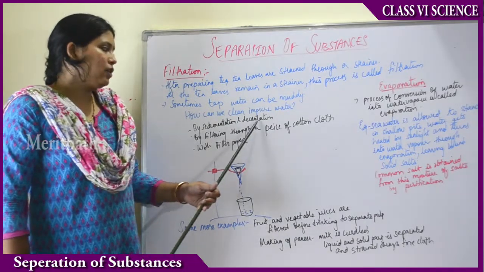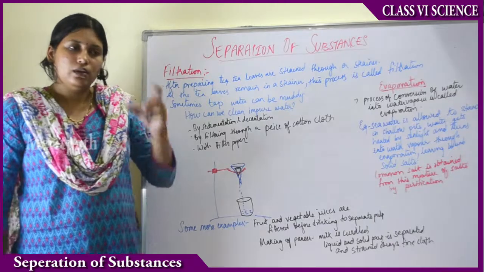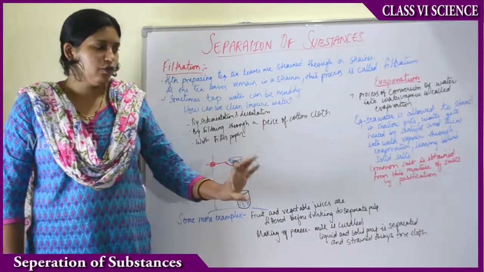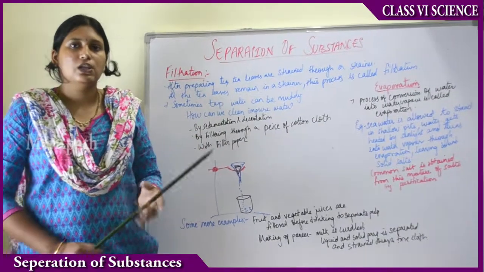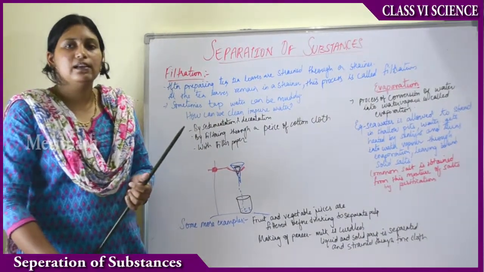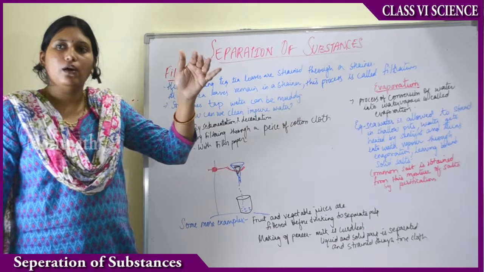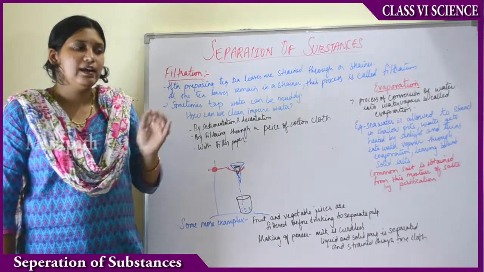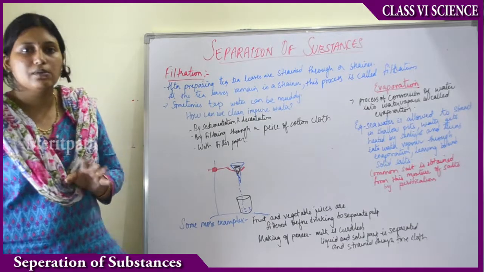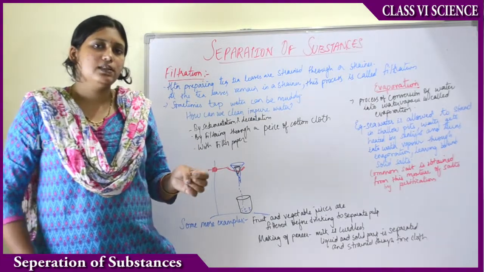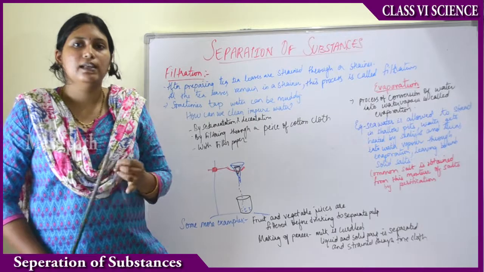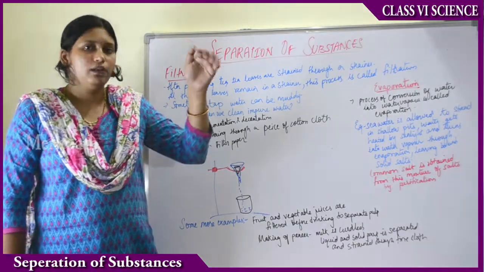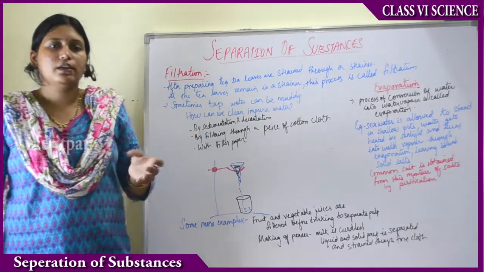By sedimentation and decantation. How? Let that water stand in a glass for some time. At that stage, what happens? All the mud particles will settle at the bottom and the pure water will go up. What happens if you take that muddy water in a glass and let it stand for some time without disturbing, say 1 hour? The heavyweight particles, the mud, the sand in the water will settle at the bottom and somewhat pure water will float up. In that stage what can you do?